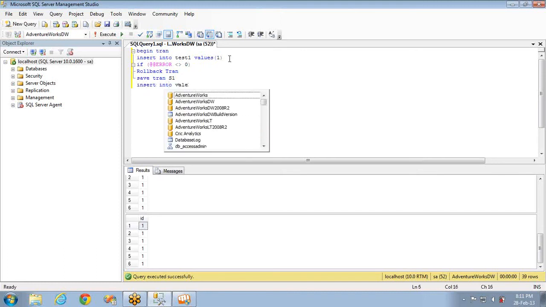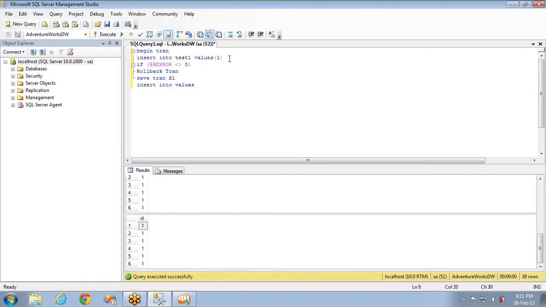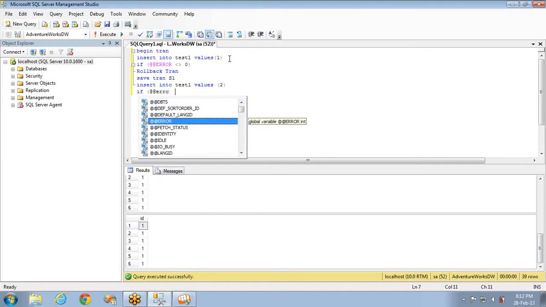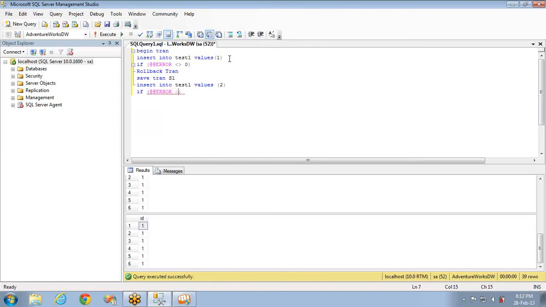Once it is saved, you can insert one more record. Insert into test1 values 2 this time, and again I will check for error. If @@ERROR is not equal to 0, that means if there is some error occurred in the middle, then roll back. You can roll back up to the save point here.